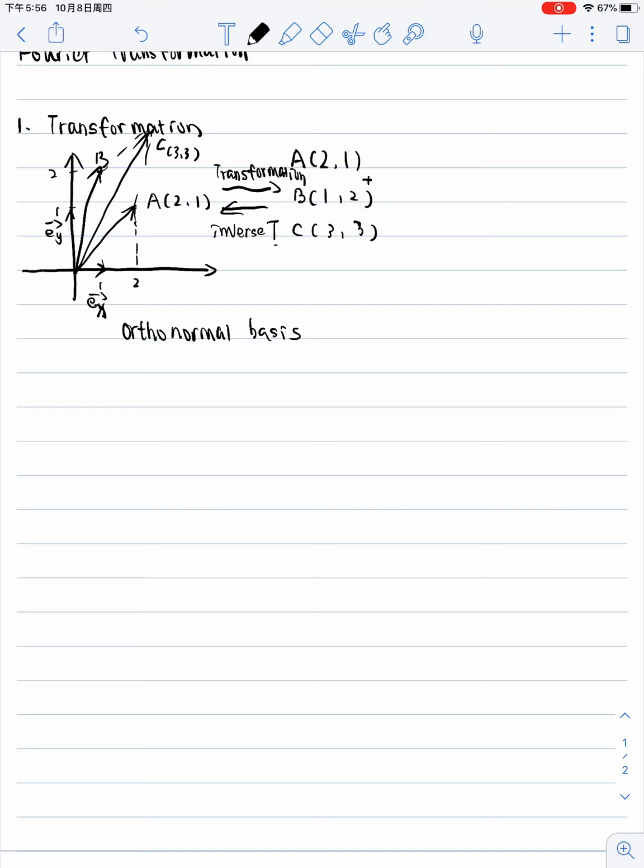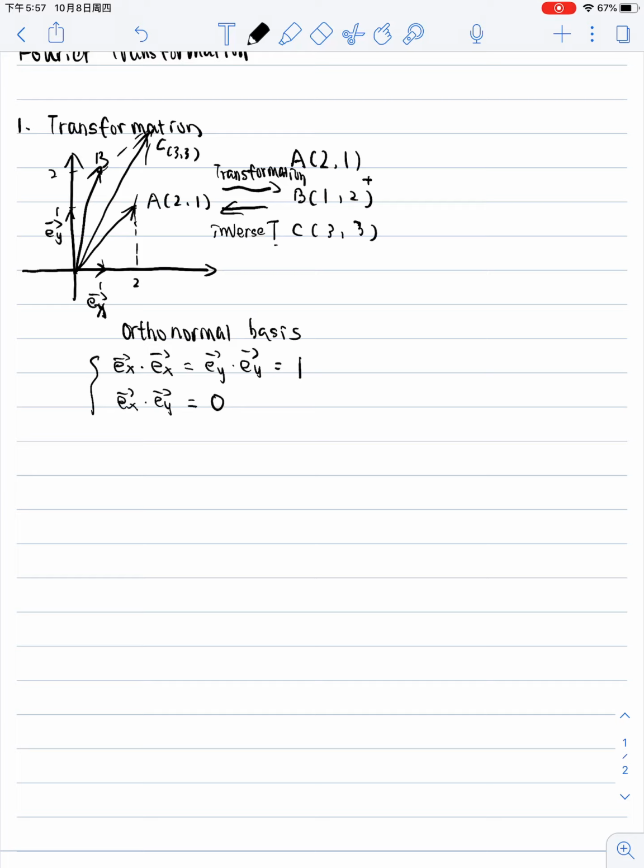But sometimes we use an orthonormal basis, like vector EX and vector EY. First, they have these requirements. EX dot product EX equals 1, EY dot product EY equals 1. And also the dot product of EX and EY, the two vectors, equals 0, because they are perpendicular to each other,